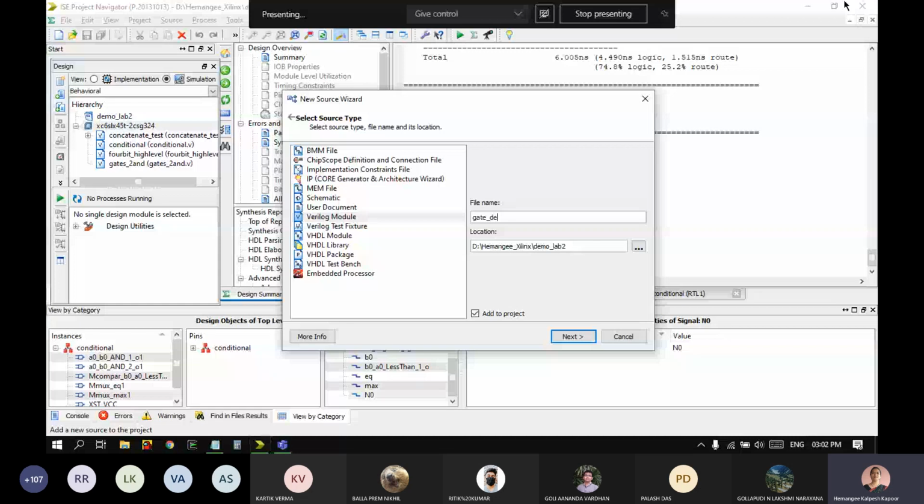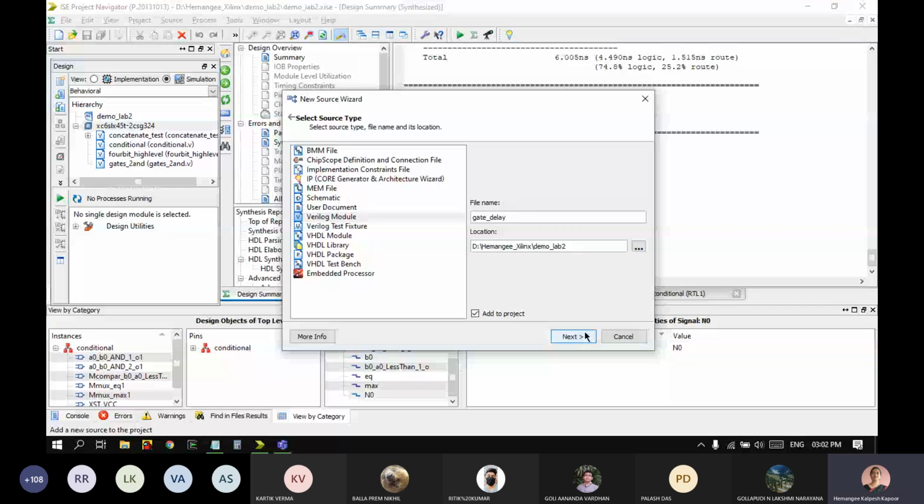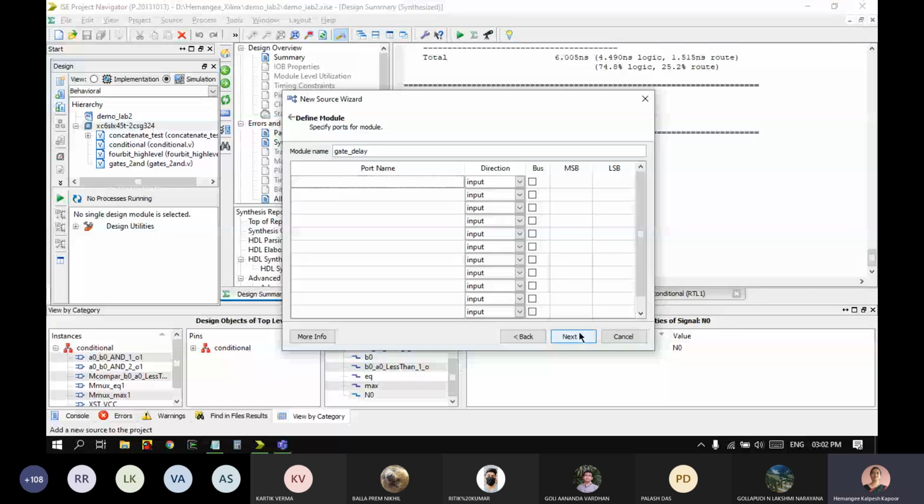Gate delay is the name of my file, and I have three inputs A, B, C, and output F. This is the output F. Create, next, finish.